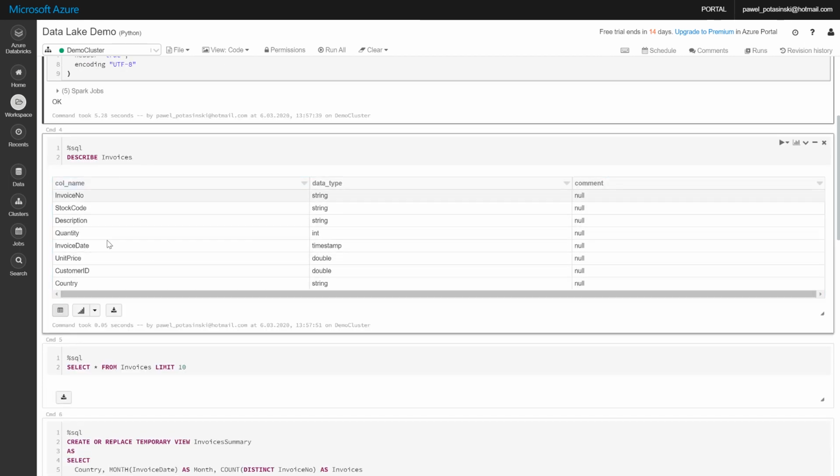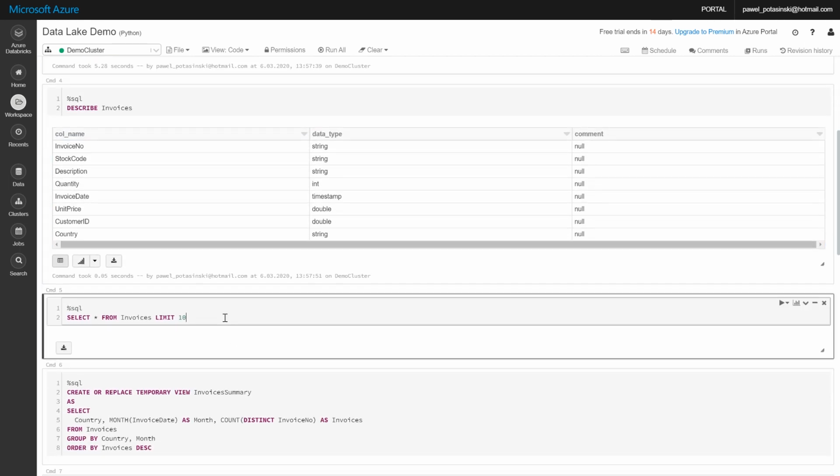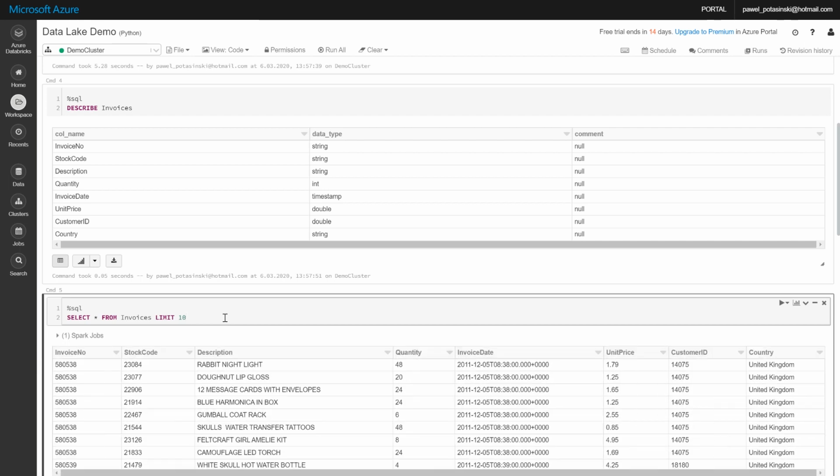So the schema is like this, and I can also show you some data from these files. This is not very complex data, but it just keeps information about invoices and the quantity and the unit price of the products, and additional information of which customer and in which country